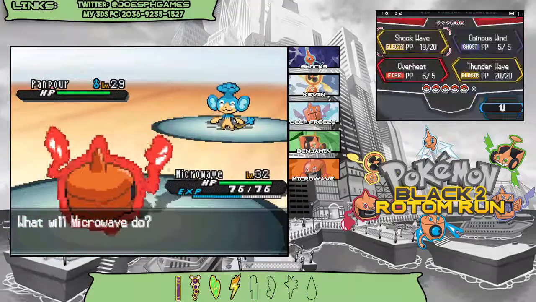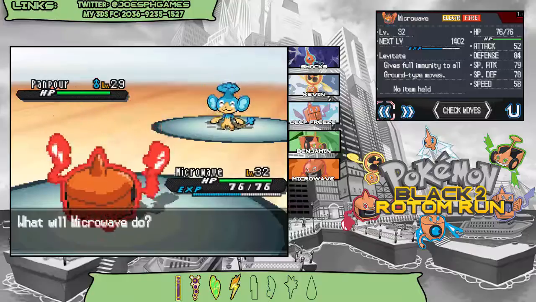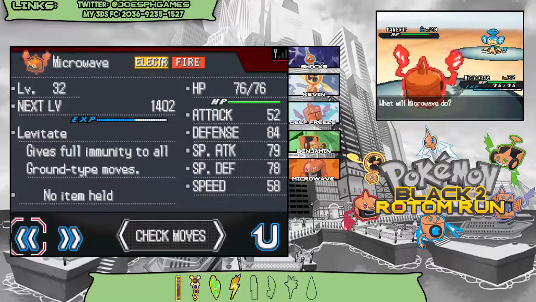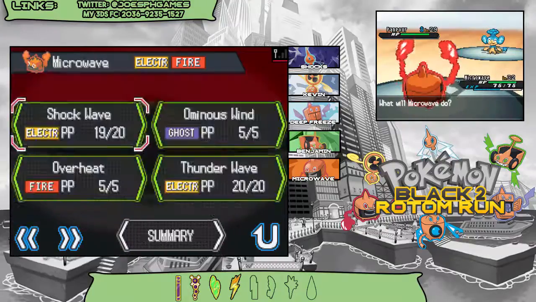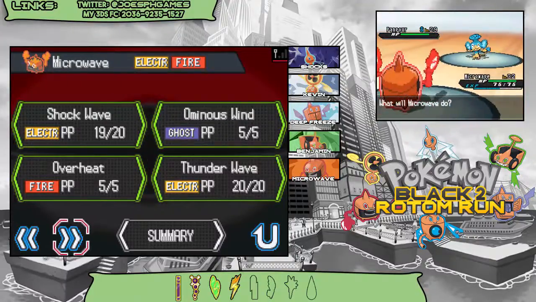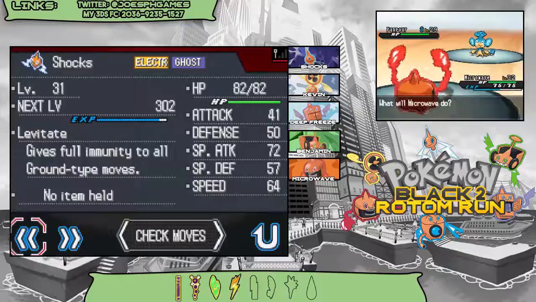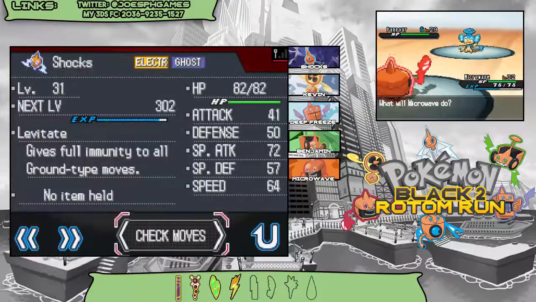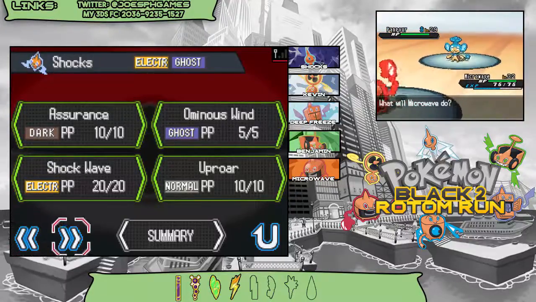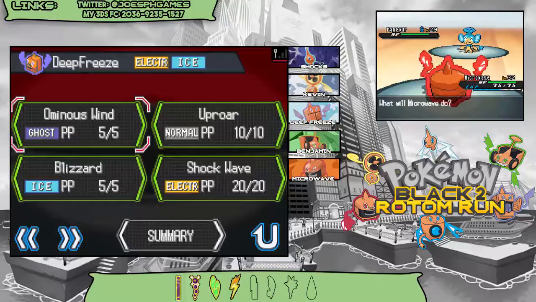Right. Team preview time. Okay, so first off we have Microwave, the Rotom Heat, level 32, with the moves Shockwave, Ominous Wind, Overheat, and Thunder Wave. Then we have Shocks, level 31, our Rotom normal form, with the moves Assurance, Ominous Wind, Shockwave, and Uproar. Then we have Deep Freeze, level 32, our Rotom Frost, with the moves Ominous Wind,